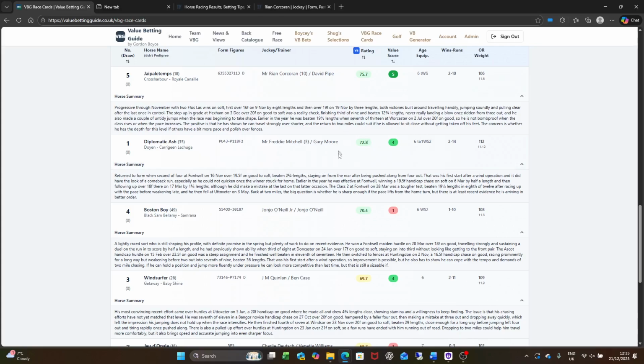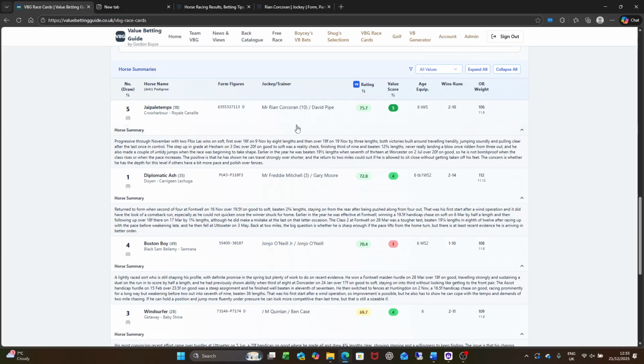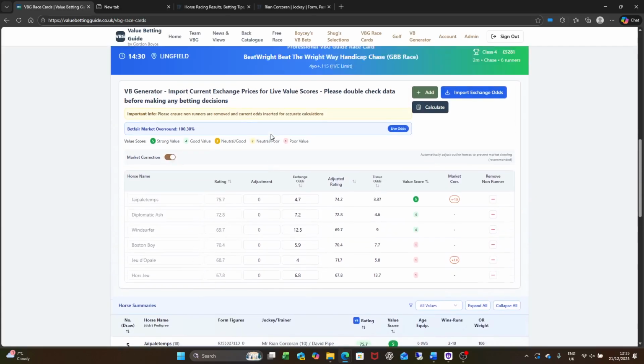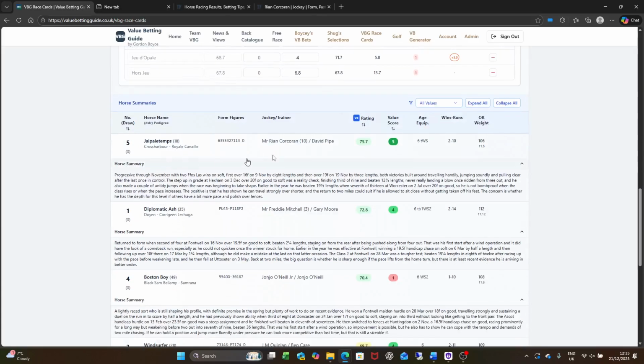So I'll leave it as those two just now. I've kind of settled, having narrowed the field on the number 5 as being my bet for the race. So today in the 2:30 at Lingfield, I'm going to be betting on Chappelle Attempts, the number 5 from the